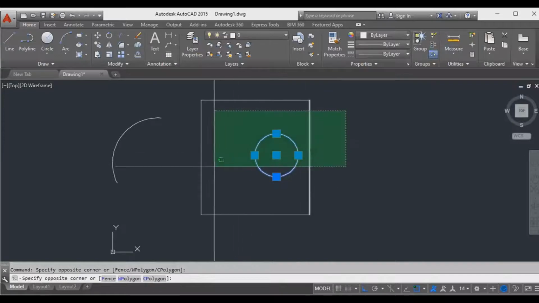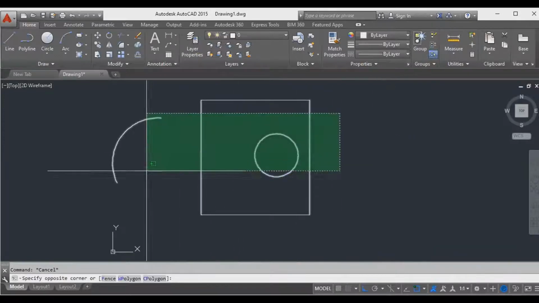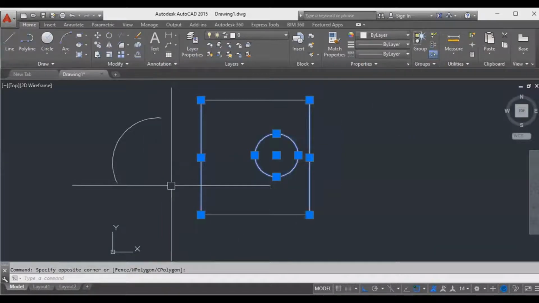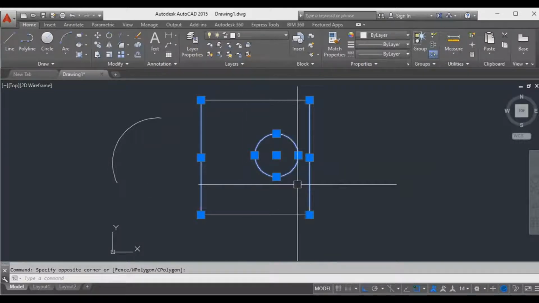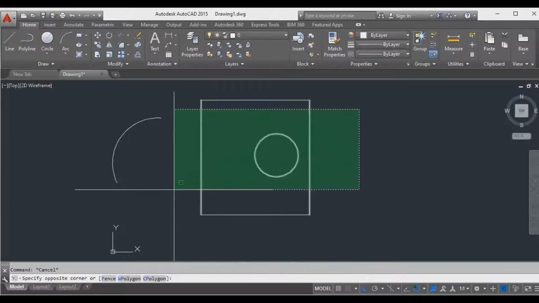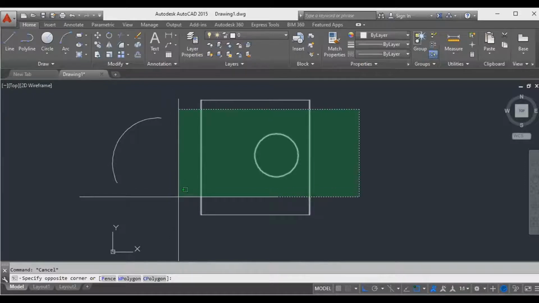I'm using the cross window, three objects selected. You know why? Open window considers whatever object is inside the window, only that is selected. Cross window considers whatever object is touching, connecting or linking with that cross window, everything is selected.